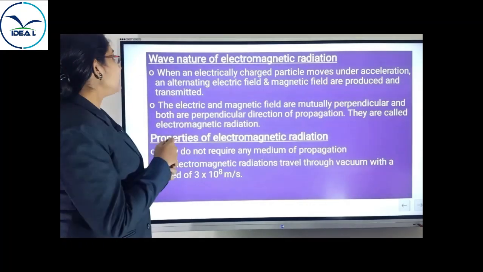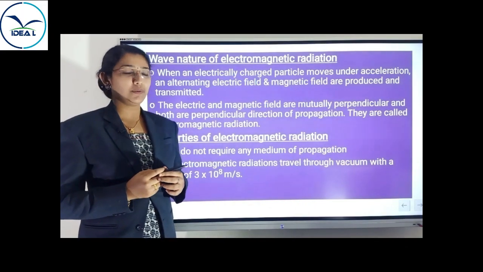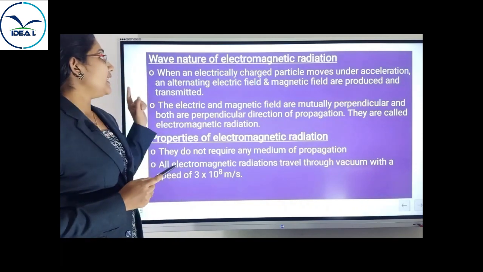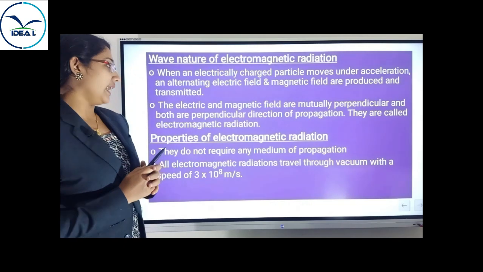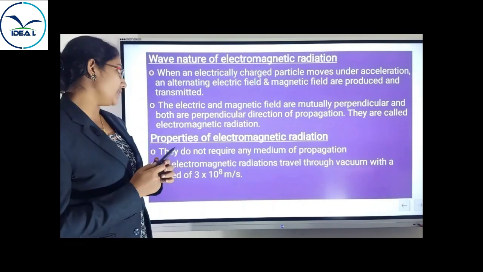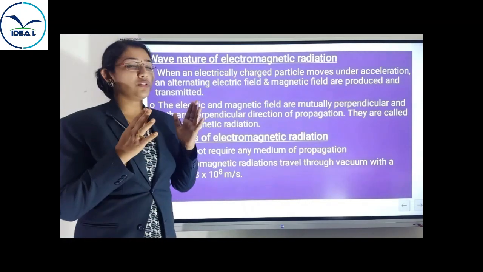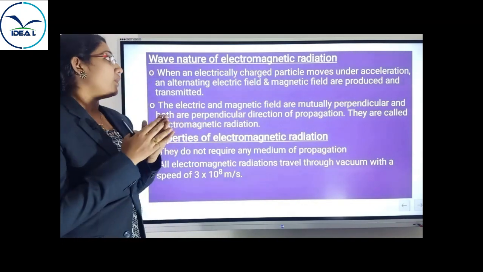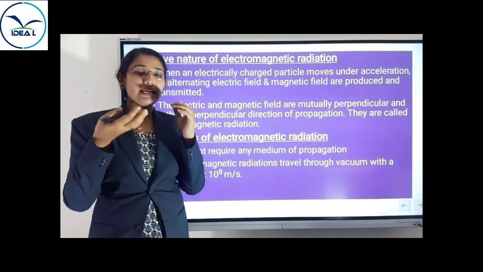Okay, so the next is wave nature of electromagnetic radiation. When an electrically charged particle moves under acceleration, an alternating electric field and magnetic field are produced and transmitted. So wave nature of electromagnetic radiation means that when an electrically charged particle moves under acceleration,